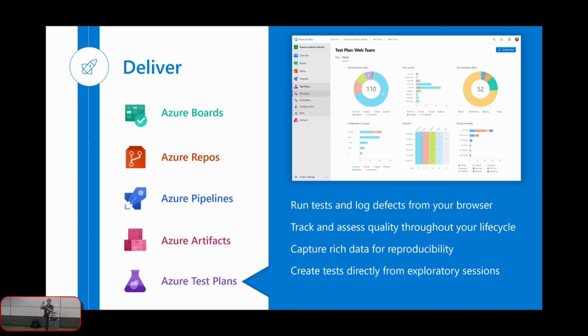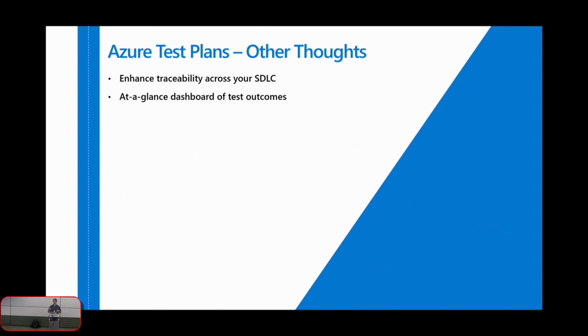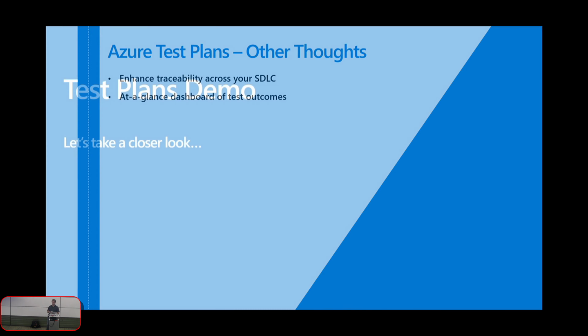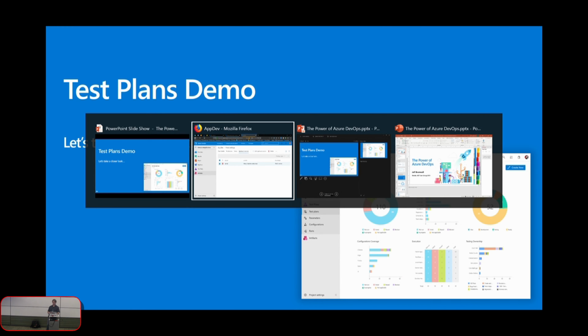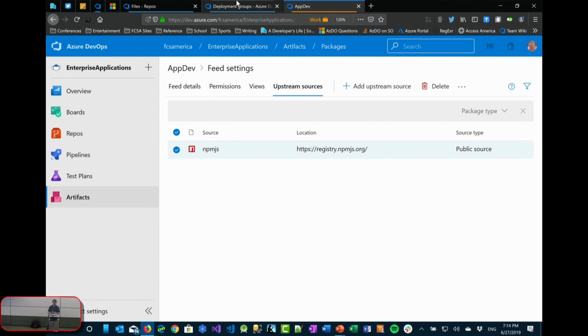And then you can go through and manually run these test cases. It's not for automating test cases, it's for manually running test cases. Manual regression testing is probably a really good use case for this. As you're doing this, you can say when things fail, and it'll capture all of that. You can create bugs, for example, if something fails. Let's take a quick look at that.